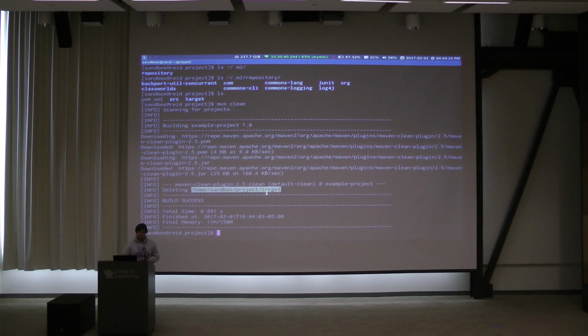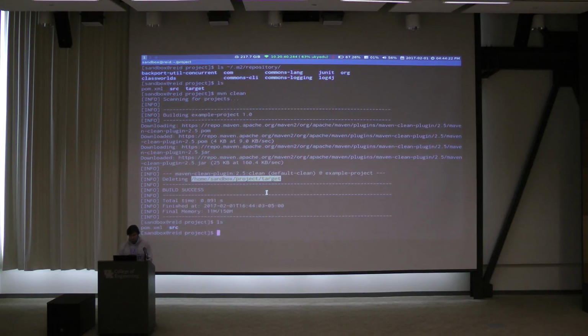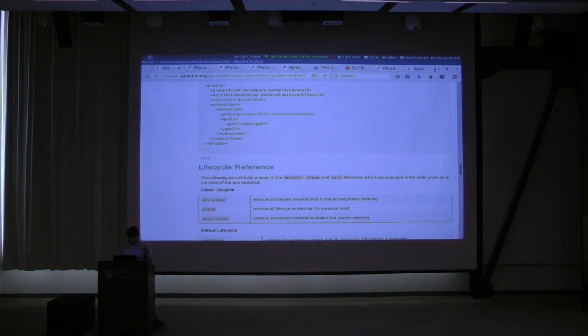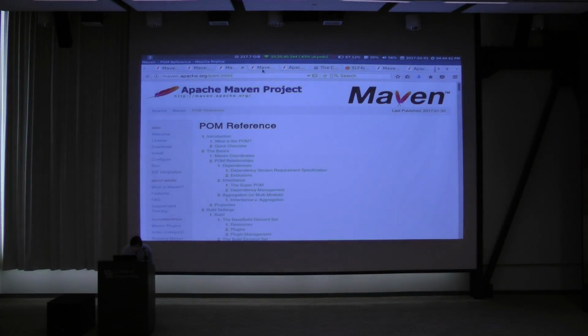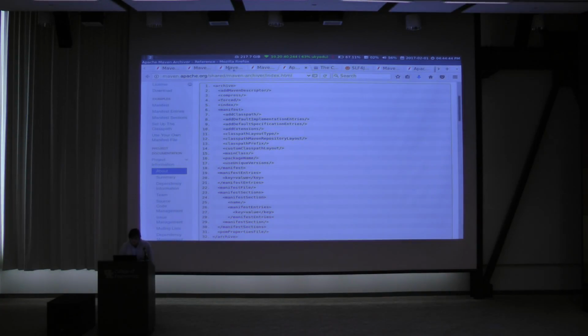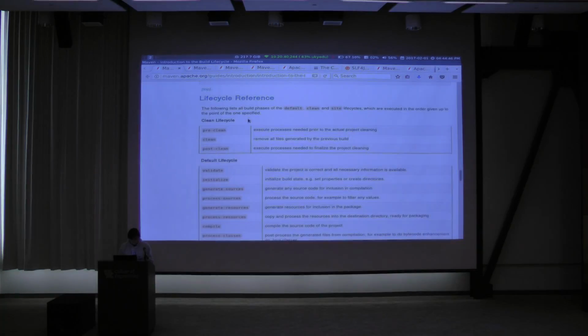So it can get kind of verbose, but if you actually look through this Maven log, it's pretty descriptive about what it's doing, so don't be afraid of that. So yeah, as you notice, the target folder's gone now. Okay, so clean, you can specify the life cycle itself, and that will run everything in the life cycle. Now, a life cycle is made up of phases, and I'm actually going to show you, I have it open here somewhere. Phases, right here.